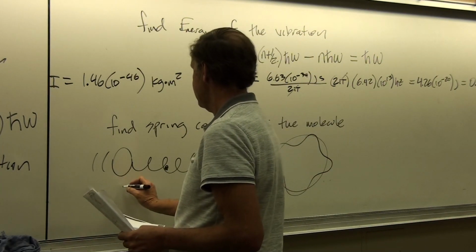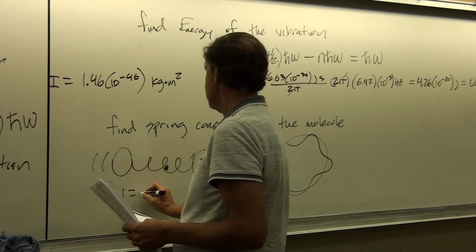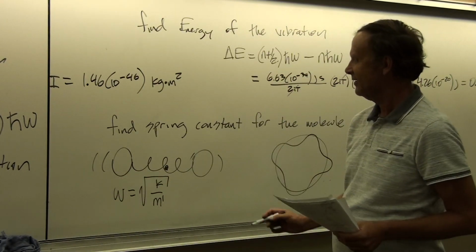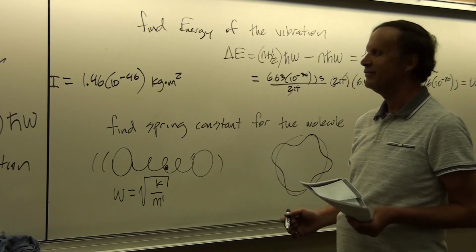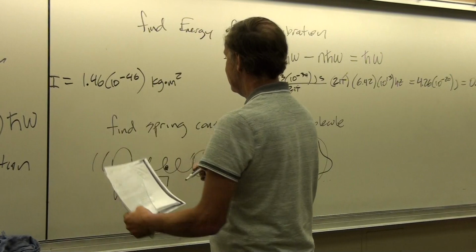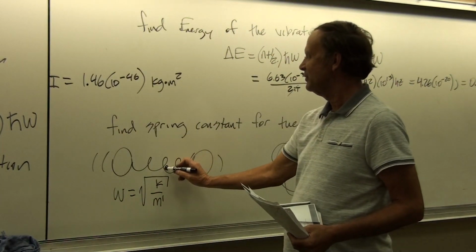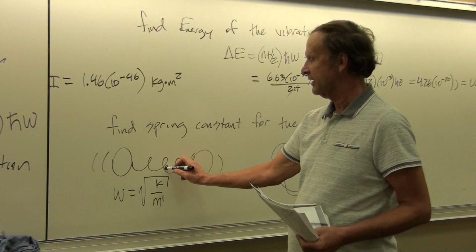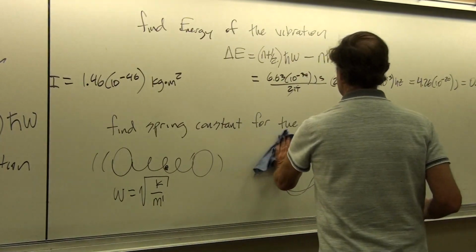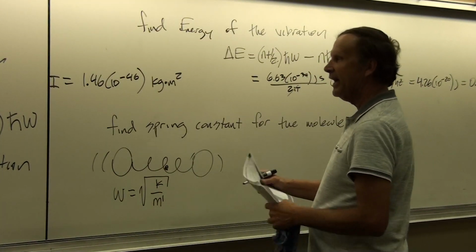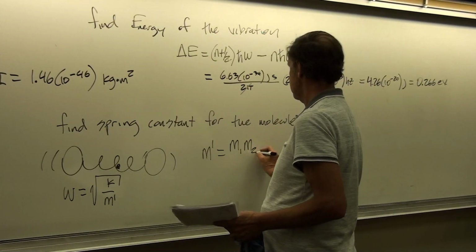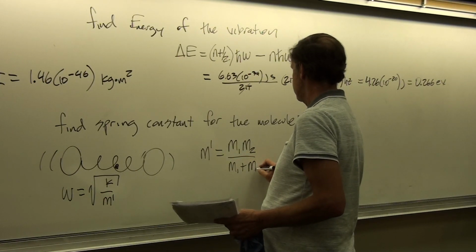And what we find in that situation is that omega is equal to the square root of k over m prime. Okay, so instead of it being the square root of k over m like it would be for a single mass, here we have two masses that are vibrating back and forth that are unconstrained other than that they are moving about a common center of mass. And so that center of mass stays in the same position while this is all happening. That m prime here is equal to our reduced mass from that previous discussion. So m prime is equal to m1 times m2 divided by m1 plus m2.